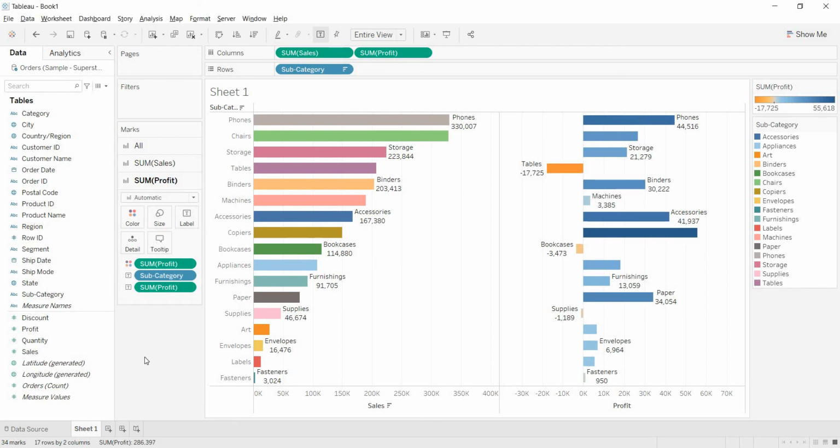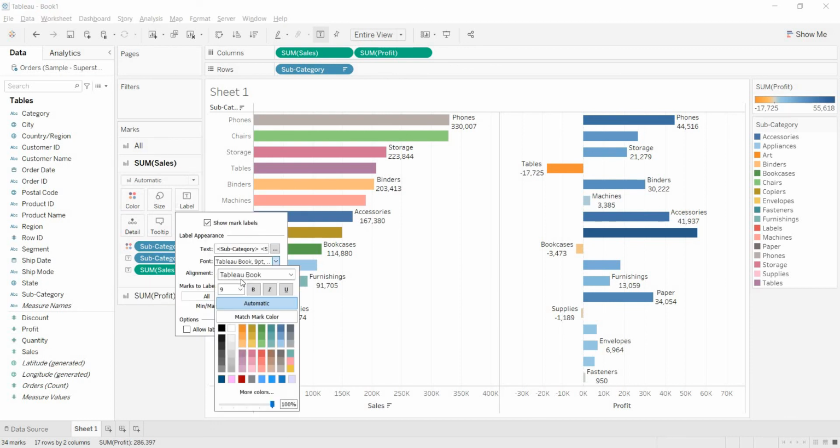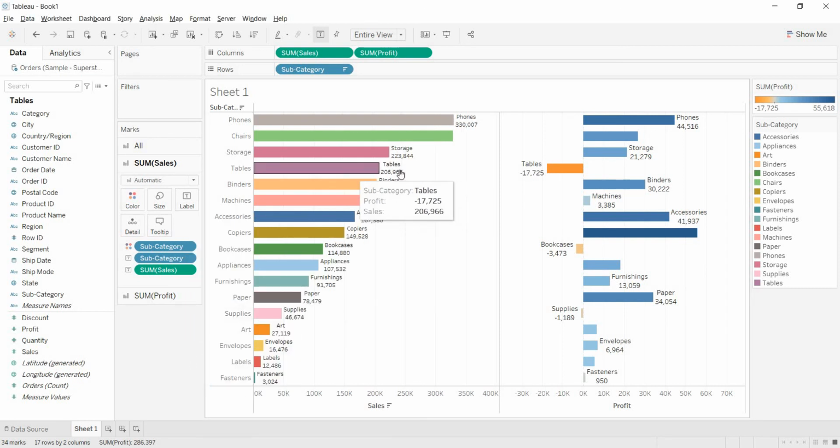So with this type of individual axis you can have the comparisons clearly. For example, here phones are giving this much sales and on this much sale you are getting this much profit. If you observe here, for tables you are not getting values. Let me go to the sum of sales label. I am decreasing this font size. I am taking only 8 point. See, now observe only tables.